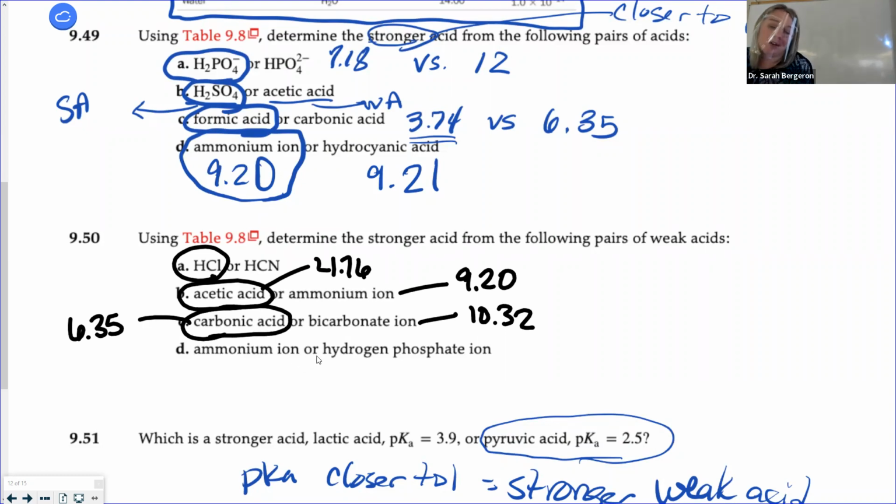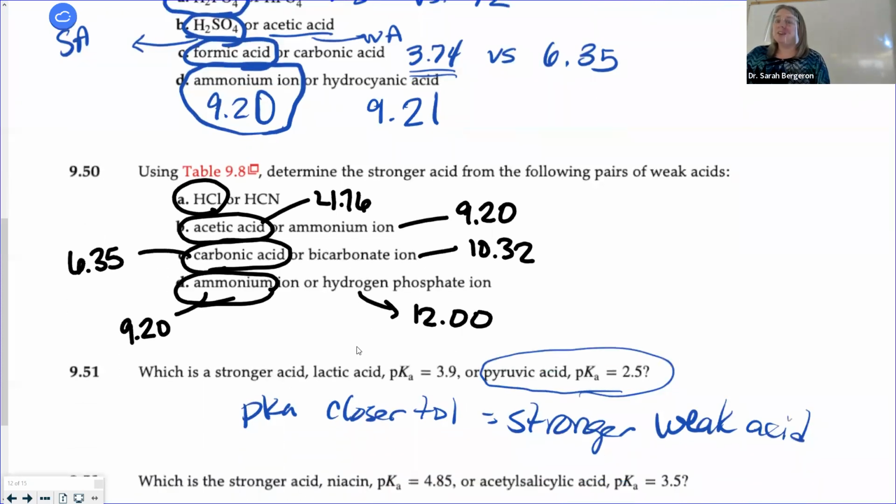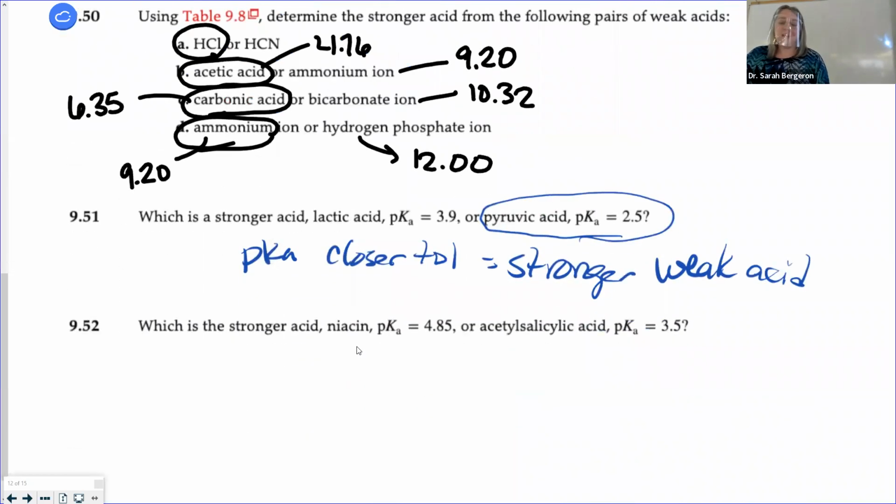Ammonium ion. What do I get for a pKa value? 9.20. What do we get for hydrogen phosphate ion? Oh, I didn't mean to circle it. Just meant to put an arrow. What do we get? So which one is stronger? The ammonium ion. Pretty simple, right? Okay, so now